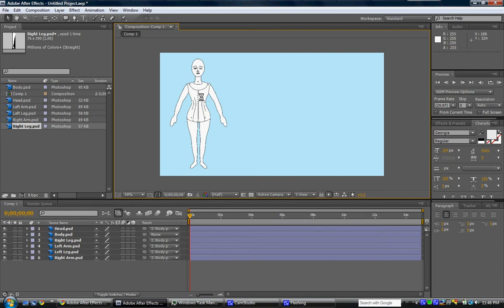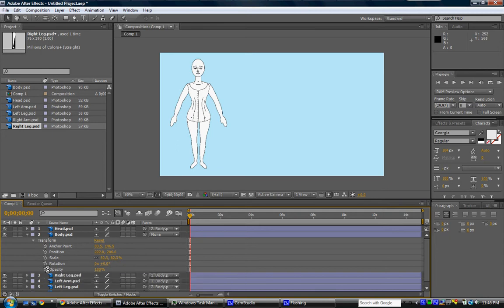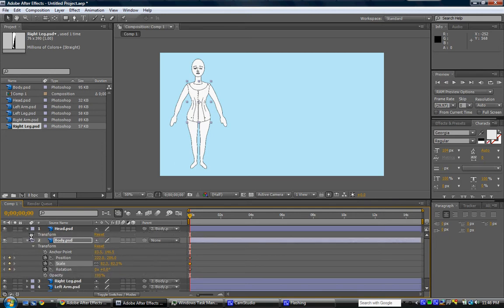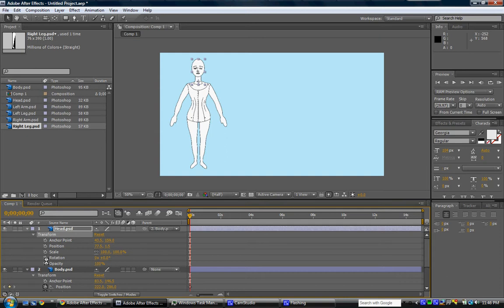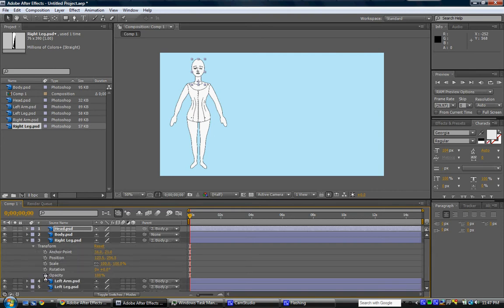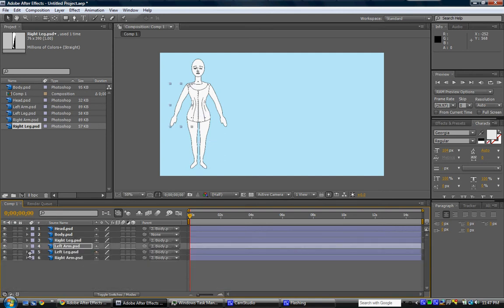is, while the body is going to change position, I don't plan on rotating it. We can. Actually, maybe we will. We'll turn that on so we have the option. So we're going to go in here and turn on the rotation and the position. I might as well turn scale on just in case I want it. The head's going to be a matter of rotation as well, because everything else about that should be affected by the parent. Now we're going to change the position for the right leg, the position for the left leg, left arm,